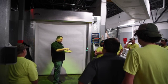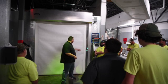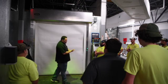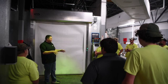So what it is, the tape getting the heat is causing the panel to get sticky here, and it's causing this front track to get sticky. So we have changed that. We went to a different type of tape, but